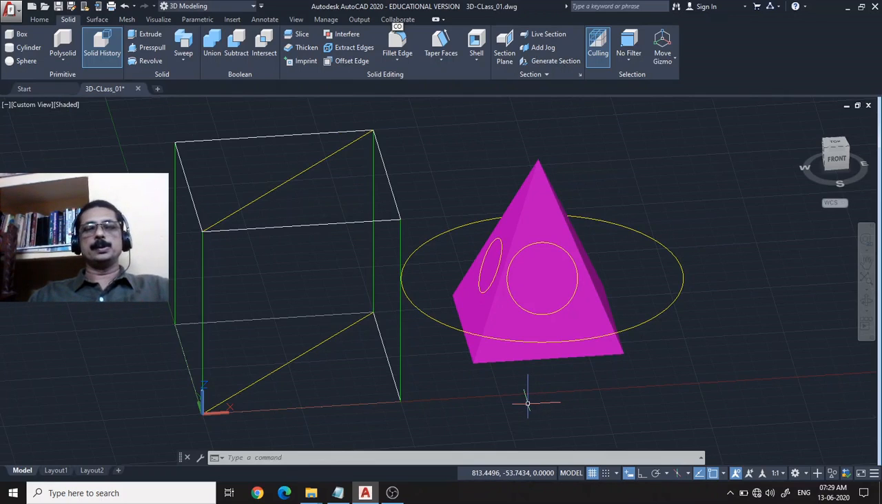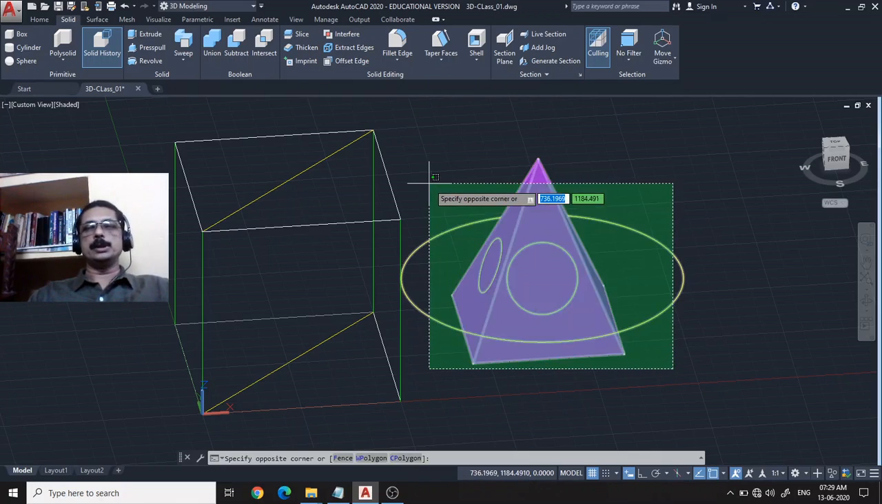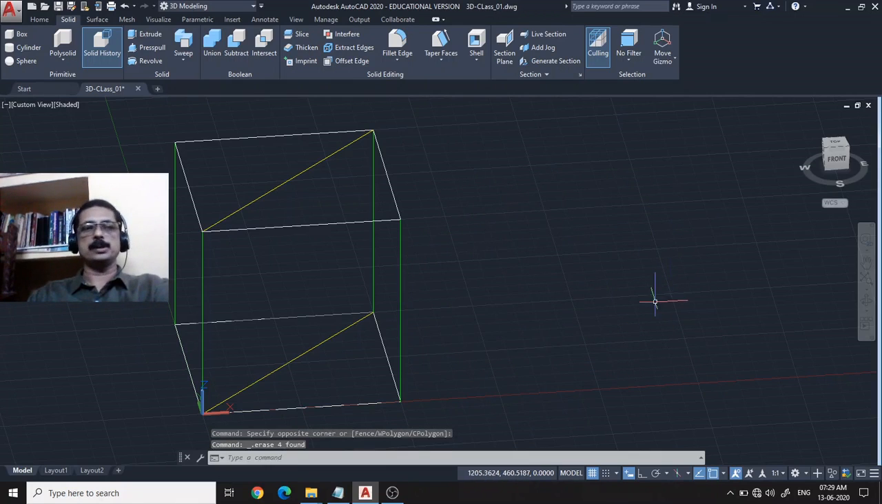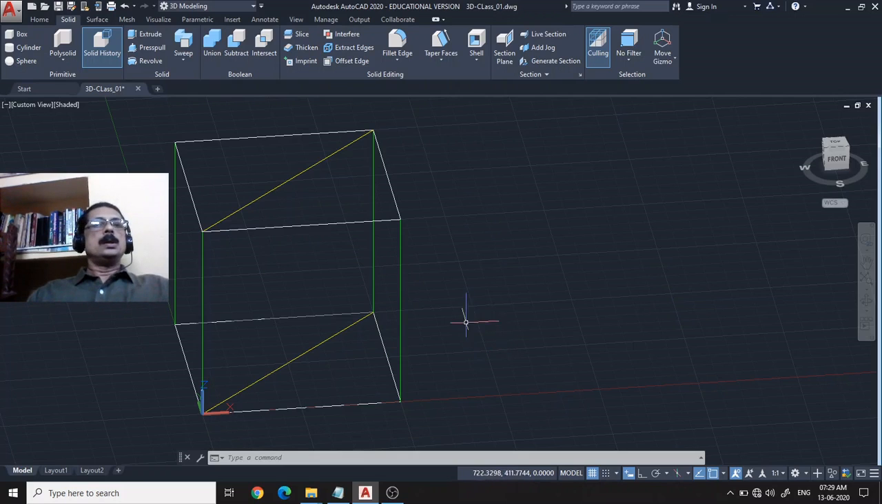Okay, so yeah, let us see how we can create a solid model. I'll remove all these drawings. Let this be here so that we are sure about the plane in which we are drawing. Okay. Now,